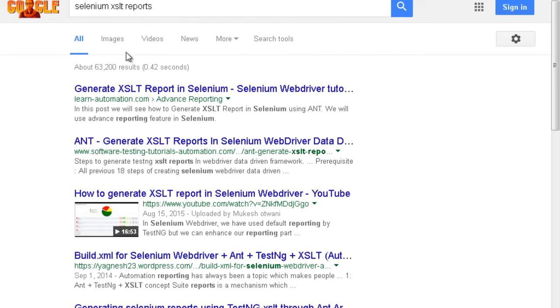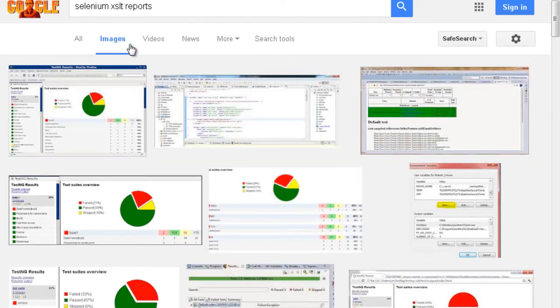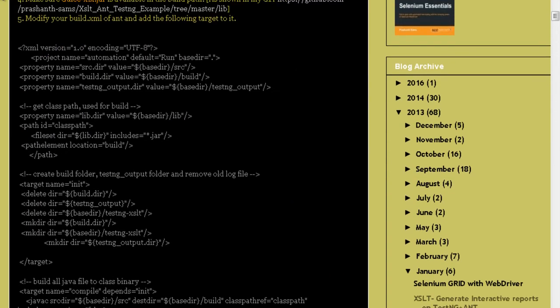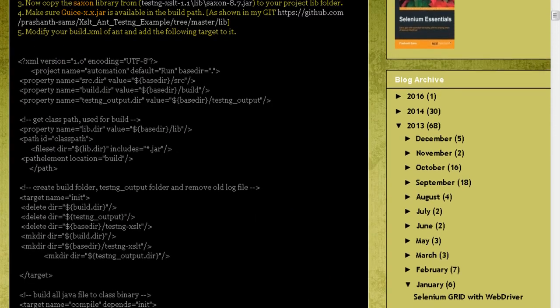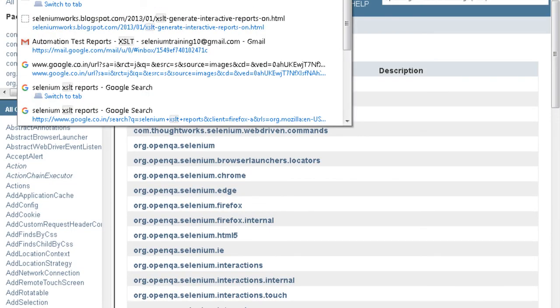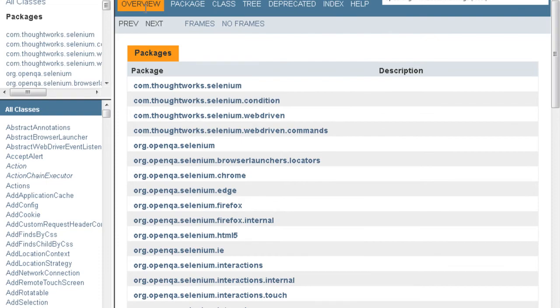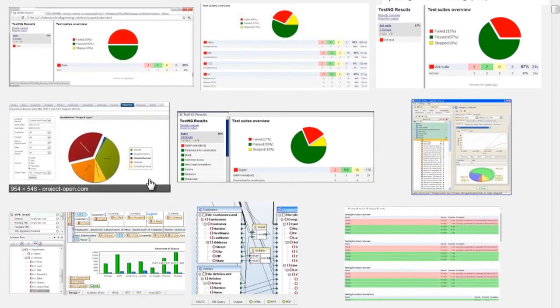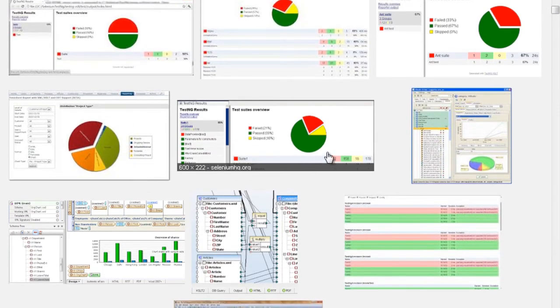We will see how to generate these reports. These are XSLT reports, you can generate them with TestNG. They look something like this, you have a pie chart diagram and all describing everything.